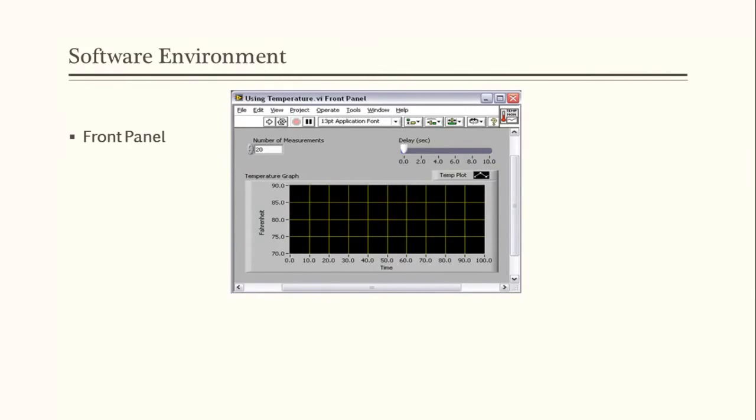First one is the front panel. The front panel window is an interactive user interface which includes knobs, push buttons, graphs and chart units, and various other controls and indicators. In the front panel, control inputs are used to simulate the instrument input device and supply data to the block diagram. Here, indicators are used to simulate the instrument output device and acquire data from the block diagram to reach the display unit.